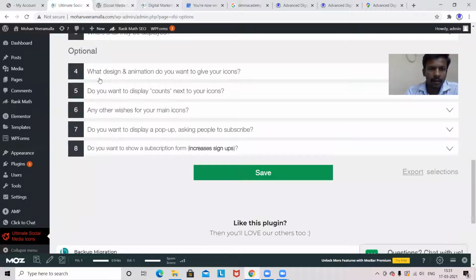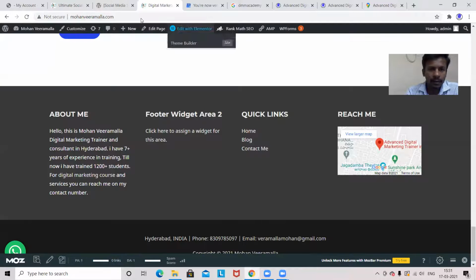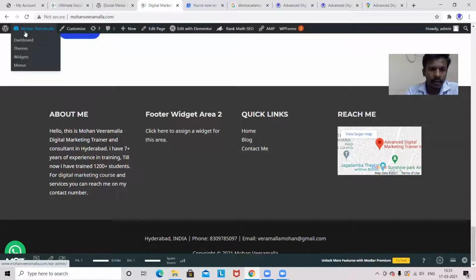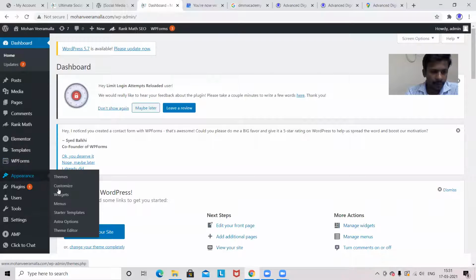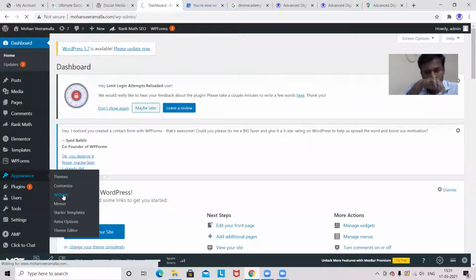Okay. Now I'll go to this plugin, like this WordPress here. Dashboard I'll go. From this dashboard, from appearance to widgets I'll go.